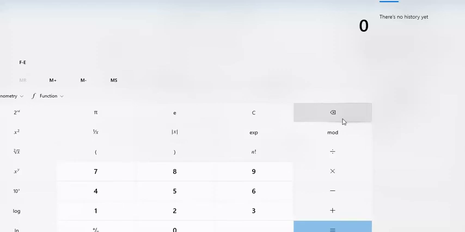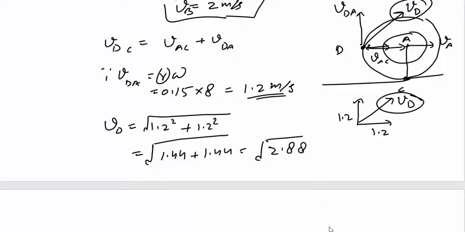चलिए ये मैंने डायरेक्टली कैलकुलेटर से कर दिया, तो 1.697, यानी 1.7 मीटर पर सेकेंड।